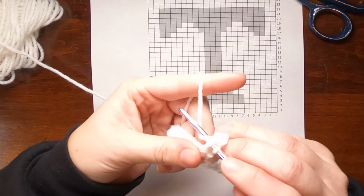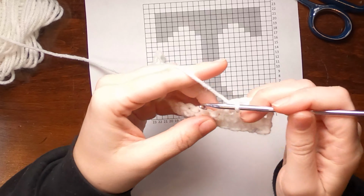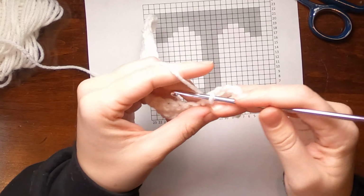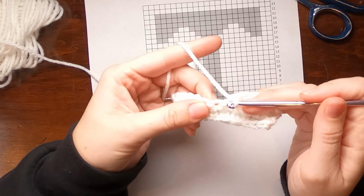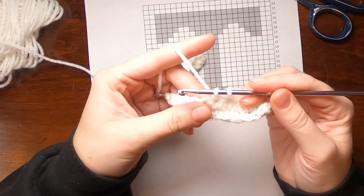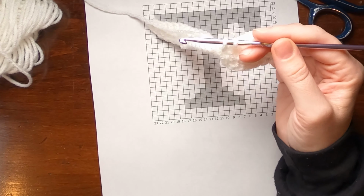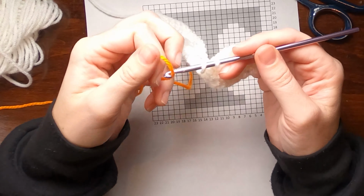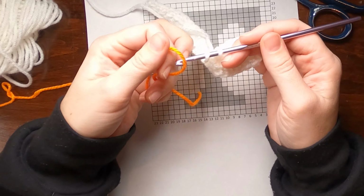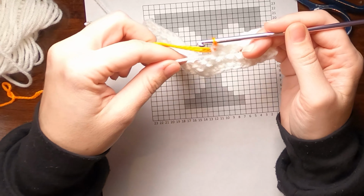So that's 1, 2, 3, 4, 5, and on the 6th single crochet I go ahead and start it. So insert the hook into the stitch, yarn over and pull up a loop, and then instead of finishing that stitch in the first color, I grab my next yarn and just pull up the loop to finish that stitch,